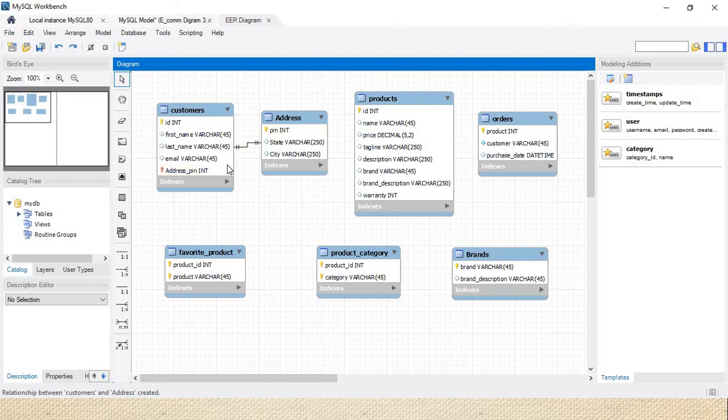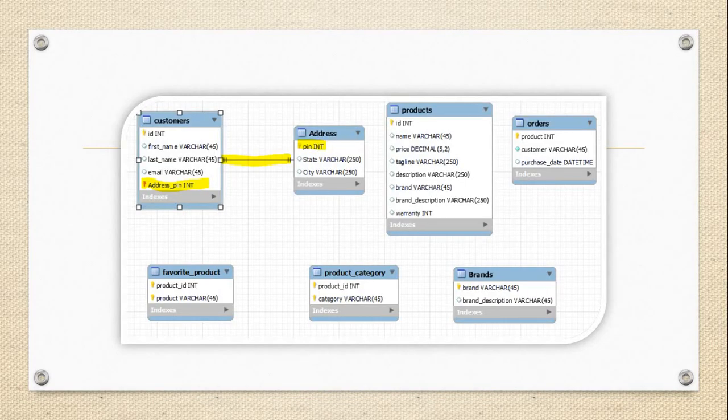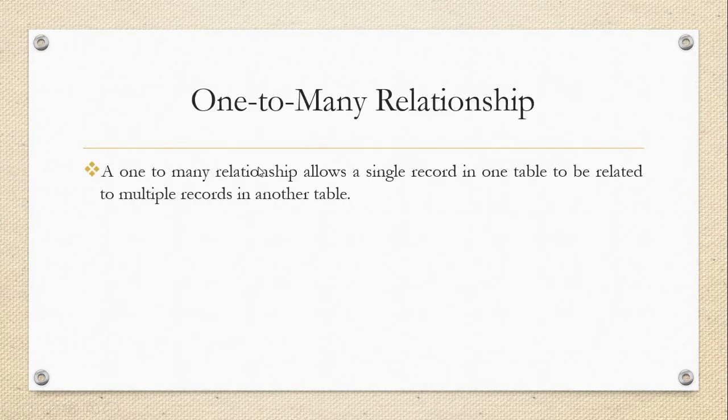Right now we have a problem in that relationship because the address pin contains a duplicate value, but right now we can say that we can perform the operation. We cannot apply the logic really. This is not real logic, but for the sake of understanding we did that relationship. Make a note of that. So I have given the example, where I have implemented a one-to-one relationship. Now, one-to-many relationship. Make a note of that.